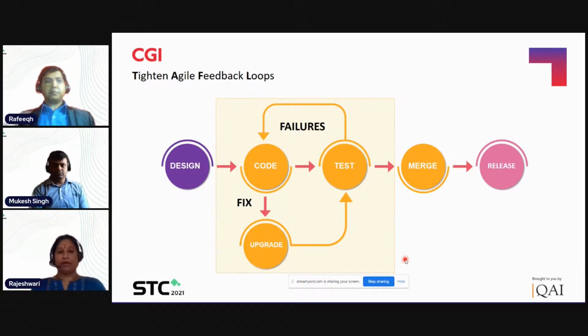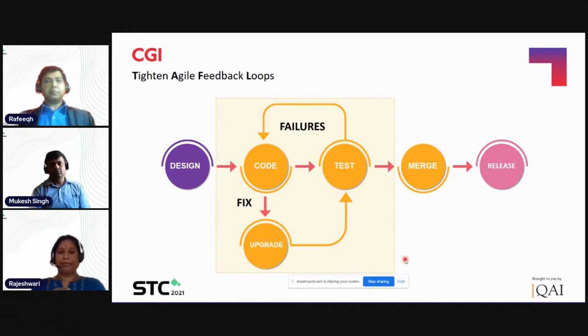The main benefit we have achieved is that it has tightened the agile feedback loop. That means whenever there is a system failure, FTT helps to directly pinpoint the root cause of the failure, whose code has introduced the failure to the system. So they can easily go and fix the failure. So it has tightened the agile feedback loop.